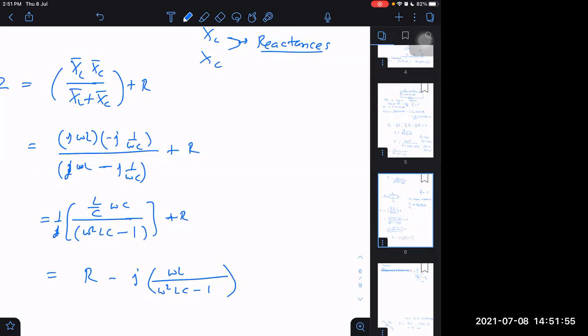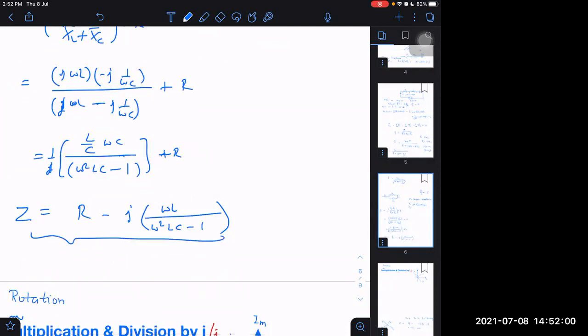Check for it. Yes. So what is it called now? This is complex impedance. What is this part? This is resistance. What is this part? This is effective reactance. The imaginary part of impedance is always called reactance, and the real part is always called resistance. Even if the real part has some terms in terms of L, in terms of C, whatever term comes out to be, the real part will be effective resistance and the imaginary part will be effective reactance. Understood?